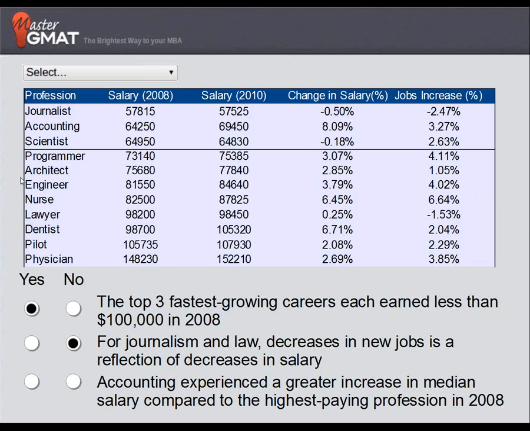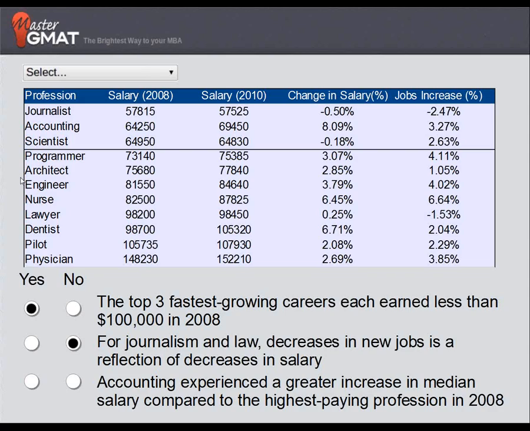All right, now the salaries are sorted for 2008. Take a look here. The physician, bringing in 148K. Wow, what a salary. Okay. Now, the physician has the highest paying salary of 2008, so we'll go ahead and compare that now with the